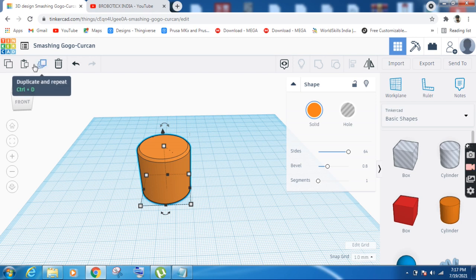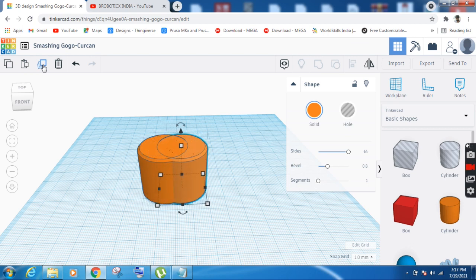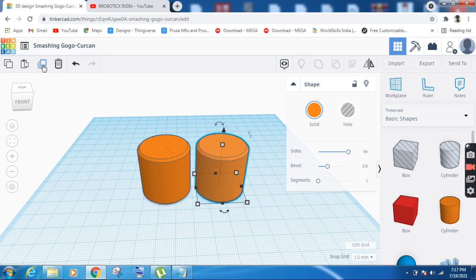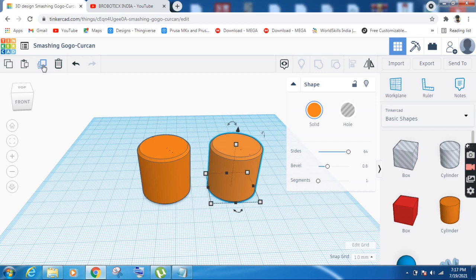So next thing you have to do, you have to click this duplicate option. I will click duplicate. Then I'm going to use my keyboard right arrow key. I'm going to press it, and you can see another object is coming out from your first object. This other object is a duplicate of your first object. So I'm going to change the height of this second object to 35. I'm going to click here at the center of this, then click on these dimensions, choose 35 here, and press enter.